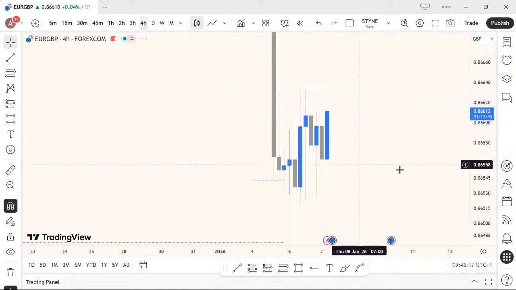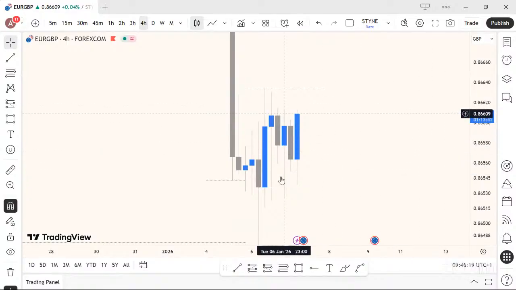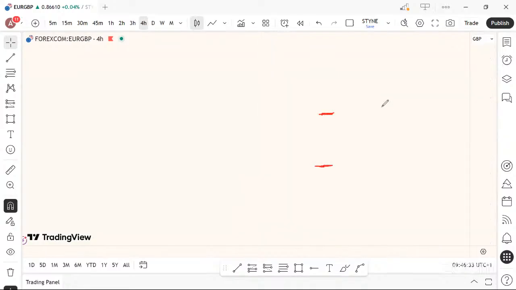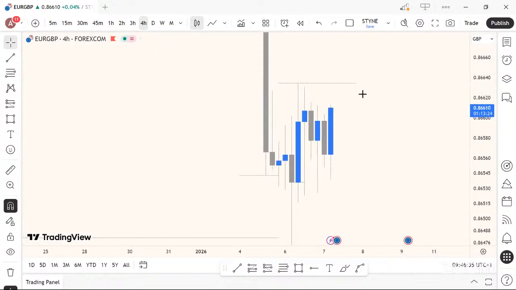Look at the H4. H4 is about an hour, 13 minutes before it closes. What are you also seeing? H4 is trying to form a fully bullish engulfing candle formation. This is very interesting to me. You see, the candle has been swept here, and price is also trying to close above it. But for now, it has not yet finished forming. All right, so I'm not going to do anything.